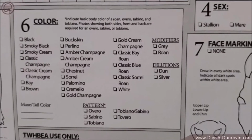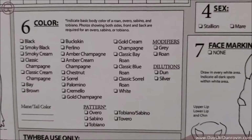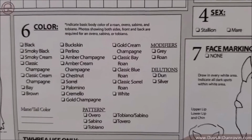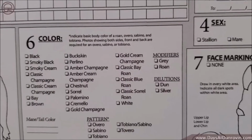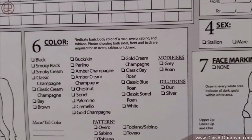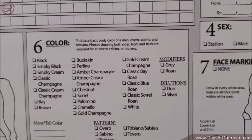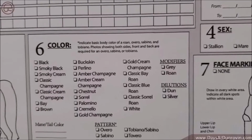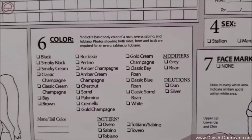up to buckskin, down to golden champagne, gold cream champagne. I mean, there are varying degrees of some of these lighter colored horses, all the way down of those, for instance, like on your buckskins, dun colors. Some of the hair changes color, which actually lightens, except for like the legs and mane and tail for your dun colored horses. On the gray modifier, that's what we've already checked, because her stallion was a gray horse, so